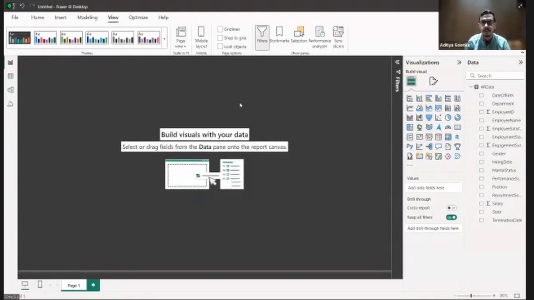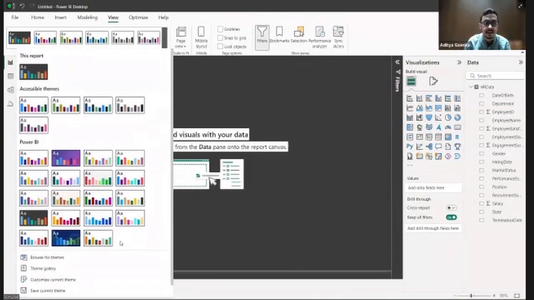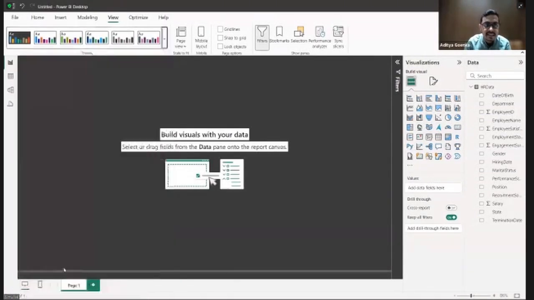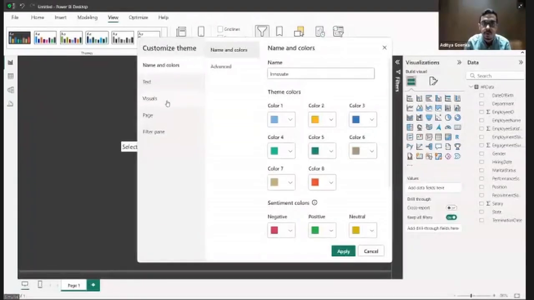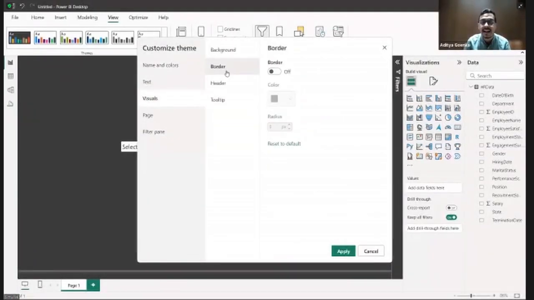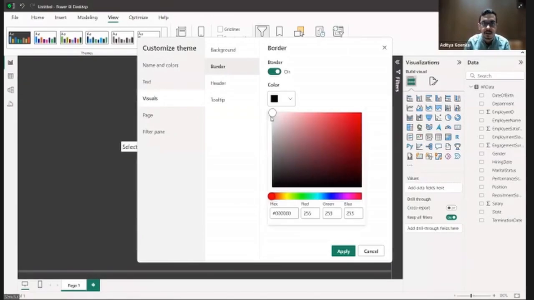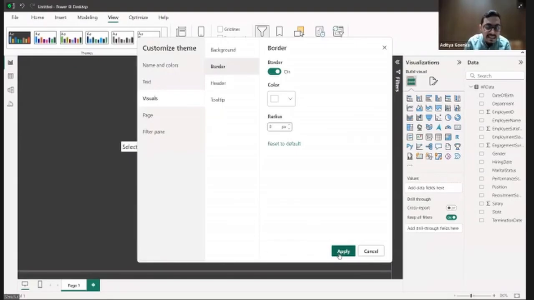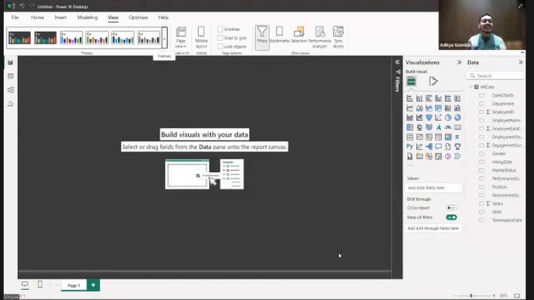Also, one very important tip which no one else will tell you: in step 1 itself, you should click on customize current theme. Go to visuals, click on border, and switch on the border. Guys, why am I saying that? Why should you switch on your border? It will really help you in aligning everything in your dashboard. This is a tip from my side, and no one else will give you this sort of a tip. Keep your borders on. It will help you in aligning everything in the dashboard, and you'll be able to make a more beautiful dashboard.